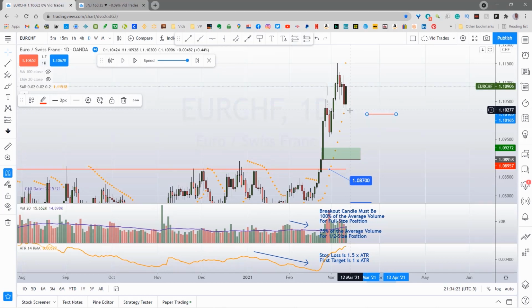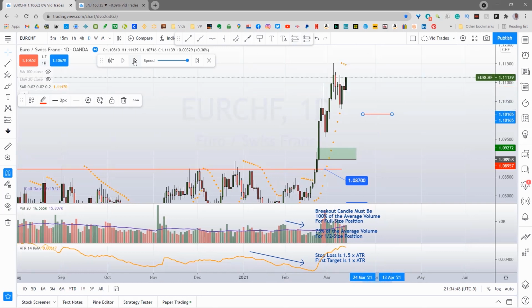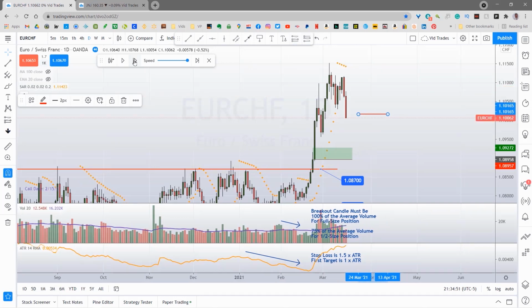Okay, we're still in this trade. You see I've held the stop here. It hit the parabolic SAR and moved it up here, but I did not move my stop with that. So we're still holding at 110.18 right here, and we keep moving ahead one day at a time until finally